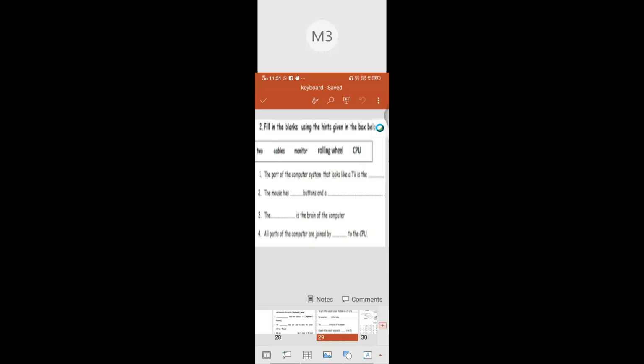Okay, can you mute Tana? Charmita. Jai Gurudev, ma'am. Okay, Jai Gurudev, Charmita. The blank is the brain of the computer. CPU, ma'am. CPU is the brain of the computer. Can you give the full form of CPU? Central Processing Unit. Very good, Charmita. Can you mute Tana? Thanks, ma'am. Very good. Is that next one? Sarveshwar.